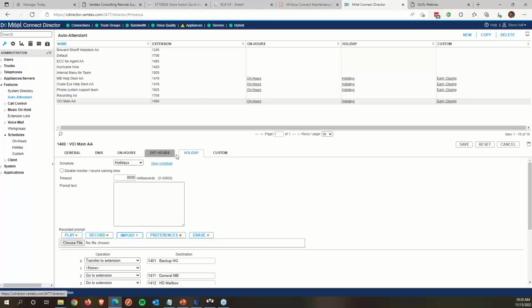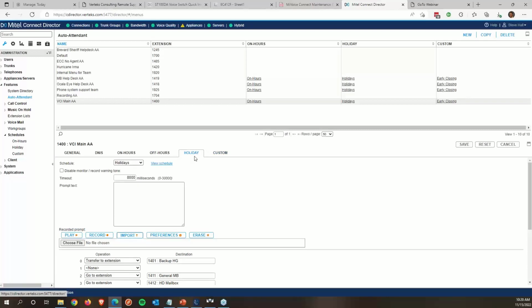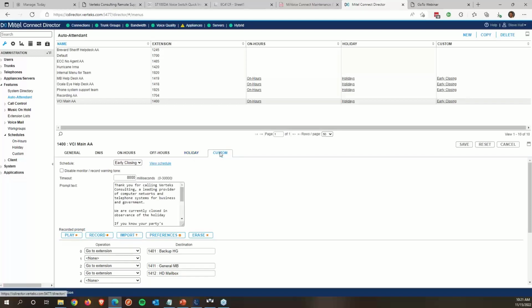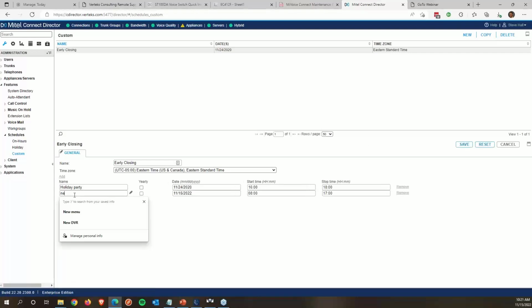So again, like I said, make sure you have the right recording under the right tab. We talked about if you're going to be closed all day, we would use the holiday schedule. But again, maybe you're going to close early for Christmas Eve, New Year's Eve, that sort of thing. You're going to close at noon rather than 5:30. So in that case, you might want to use the custom schedule to play that message. So you could come over here to your custom schedule, and you can add that you're going to be closed early for